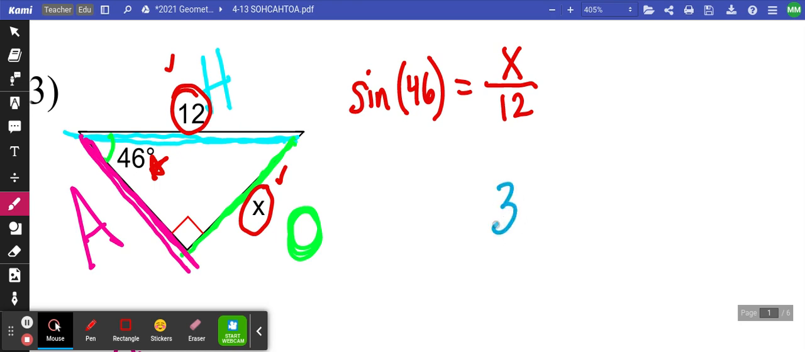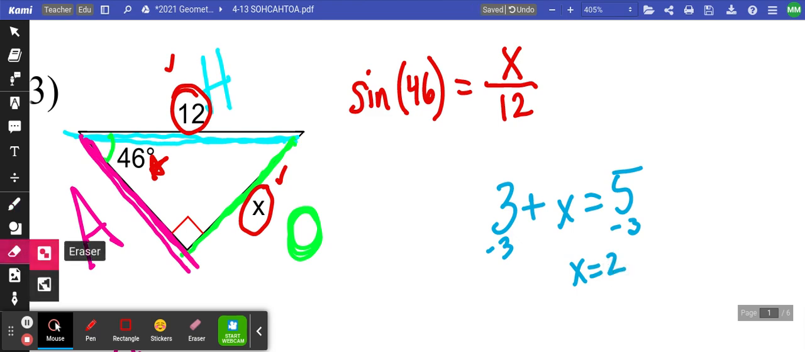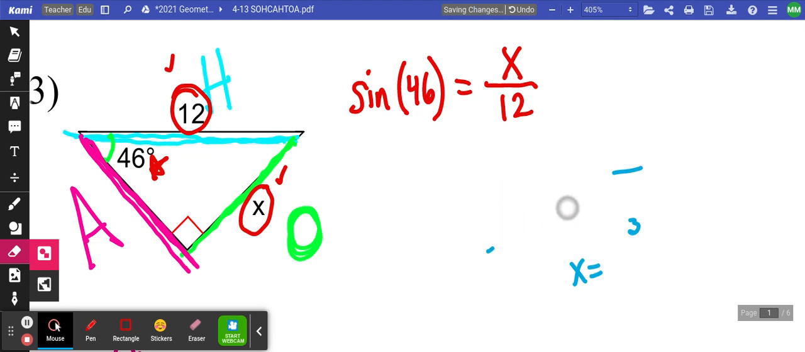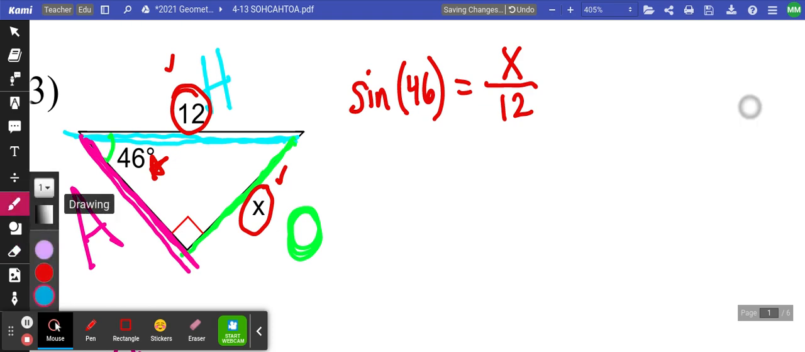Just like if I had this, 3 plus x equals 5, right? I want to get everything away from that x, so I'd go minus 3, x equals 2, right? That's how I'd solve that. We're doing it kind of the same way here. Let me erase this so I'm not confusing anybody. Okay, here we go. So now what I need to do is I need to get rid of this 12,